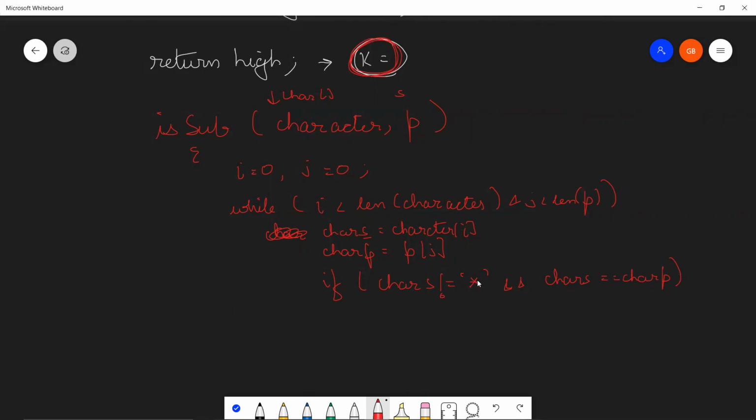So it should not be equal to star, and the immediate character from the string s and the immediate character from the string p should be the same. Then I'm going to increment j plus plus, because I found the character from p that I need to look for in s. Otherwise, if this condition is not satisfied, if I found a star or if they are unequal, then i plus plus. As simple as that, right?